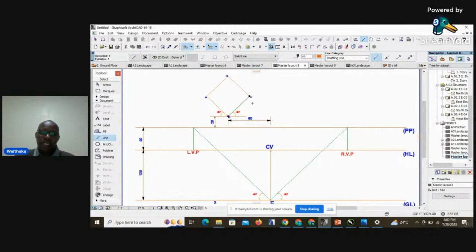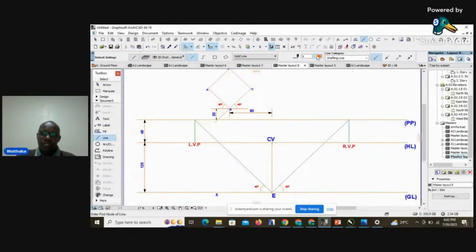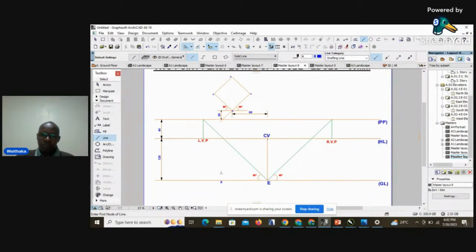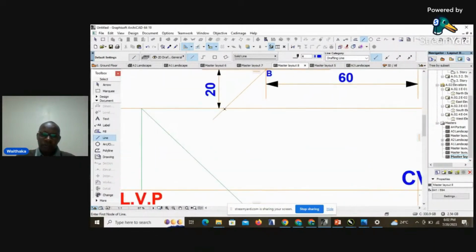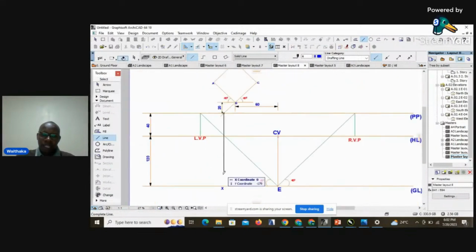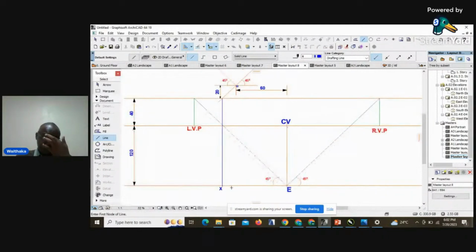So we will extend line BC until it touches the picture plane, and then we will drop it vertically down. Let me just change the color so that we are able to follow. We'll drop it vertically down until it touches the